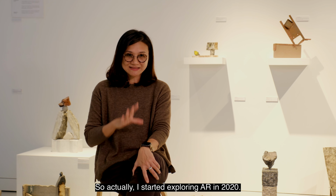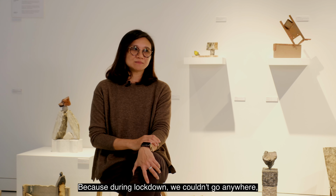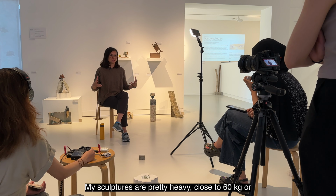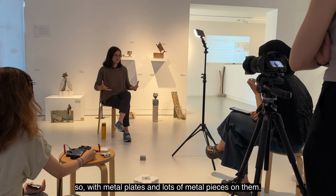So actually I started exploring AR in 2020 because we were in lockdown. We couldn't go anywhere, and what I did was I recreated one of my sculptures. My sculptures are pretty heavy, close to 60 kg or so. There's a metal plate and lots of metal pieces on it. And then